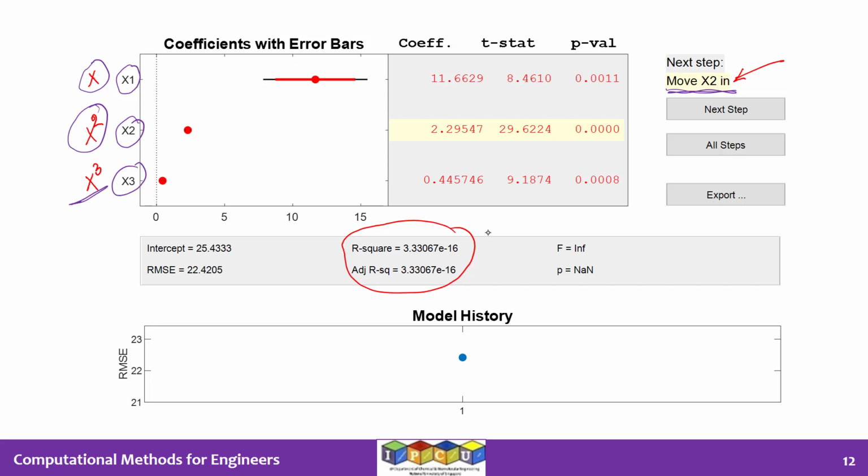Now you have to look for a few other things. One is we look at these measures called R squared and R squared adjusted. So this is R squared, this is called adjusted R squared. Basically, R squared can take a value between 0 to 1. If R squared is close to 1, it means that the model is good. That means the Y data is being captured very well by the model. A value of R squared close to 0 indicates that the model is very poor in capturing the trends in the Y data. That means the model is not good.